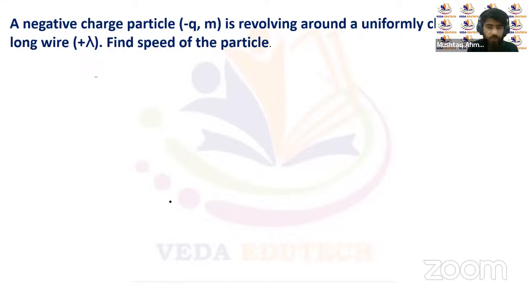The question says that let's suppose we have a uniformly charged long wire, or we can say an infinite wire. It goes from plus infinity to minus infinity. The charge on this wire is positive, with the charge density given as lambda. Lambda is the charge per unit length on this wire. Now, at a distance of r from this wire,